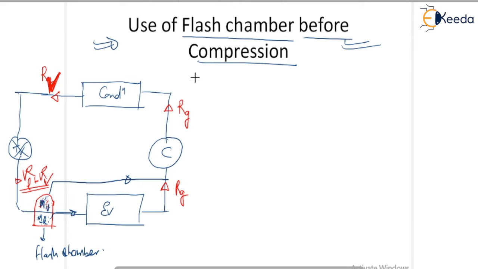Okay my dear friends, so by this effect, this is your flash chamber, and after the throttling valve, the liquid refrigerant and vapor refrigerant enter into this flash chamber, and liquid refrigerant is stored at the bottom of the flash chamber and vapor refrigerant is stored at the top of the flash chamber, and this mass of the vapor is going to be transferred directly to the compressor, and this mass of the liquid is transferred to the evaporator. Is it right? So by this effect,